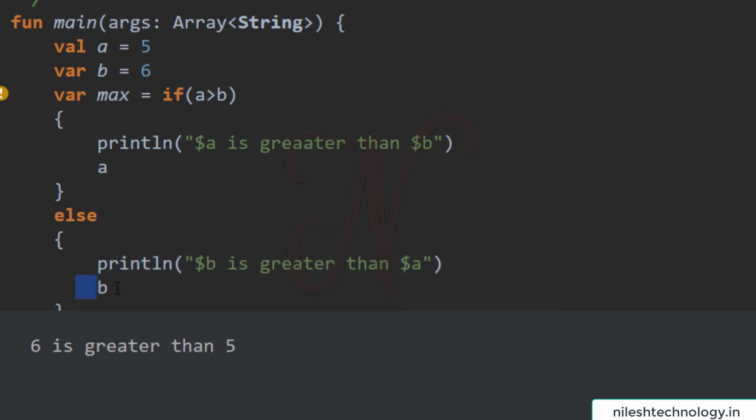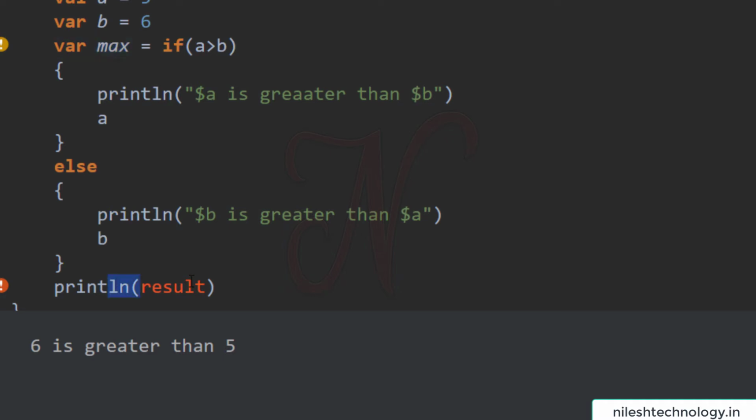Then the value of b, which is 6, is returned and assigned to this max variable, and this max variable is printed here. So this is my answer, max. See my output, 6 is greater than 5 and this is your 6 value. This way you can return your value. There is no need to define the return keyword. You can easily return the value this way.